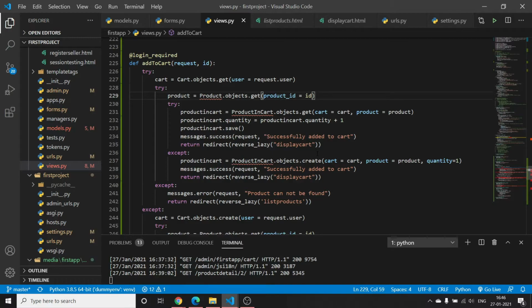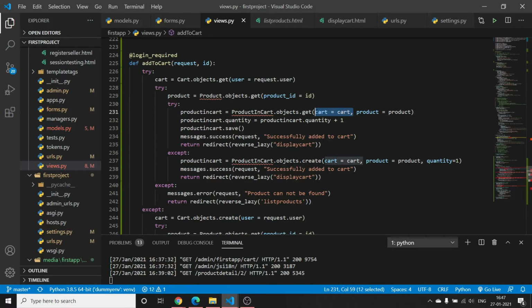If it exists, then we will just increase the quantity value of that product in the cart, like I have mentioned here, if it exists in the product in cart table respective to that user, respective to that cart, because the cart will be unique to a person.